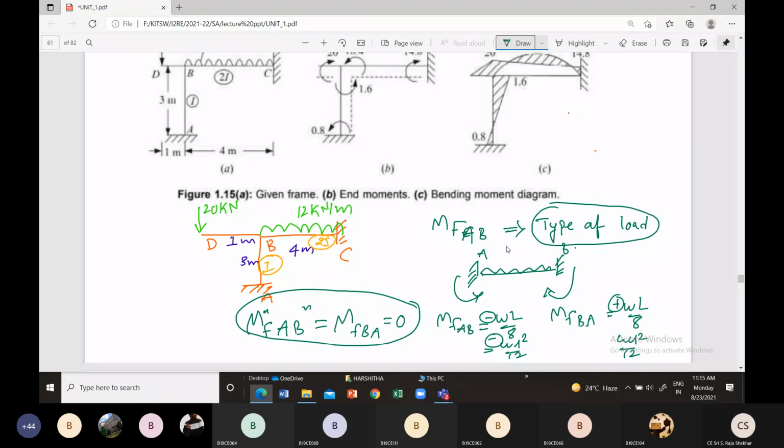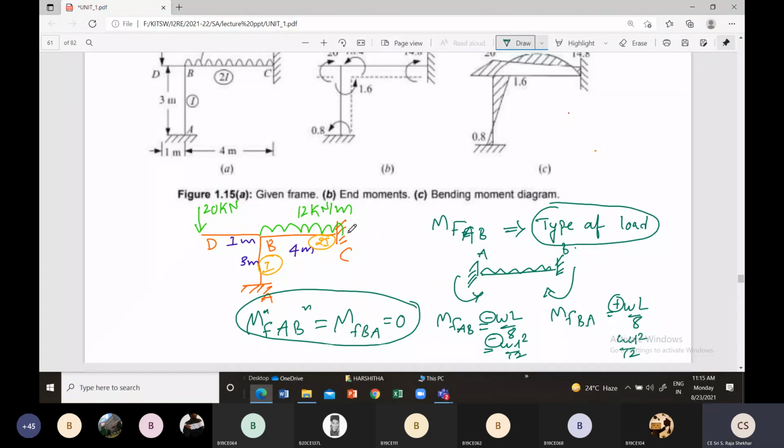Hello. Am I audible? Your voice is not audible sir, it is breaking. Now is it okay, students? Yes, sir. Is it clear? Yes, sir. You need to inform me immediately. Because if the network is bad, the signal strength is low and the voice automatically breaks. You should give immediate information. Okay, right. Thank you.